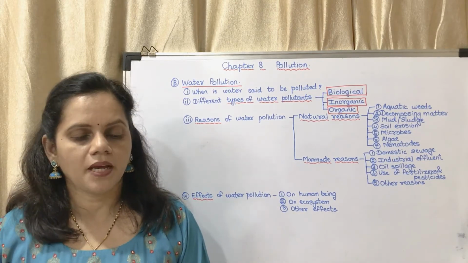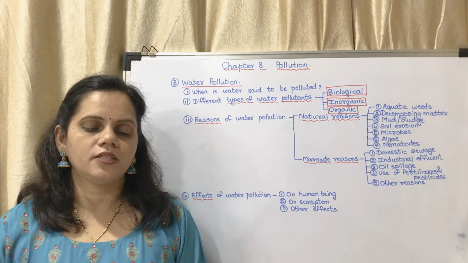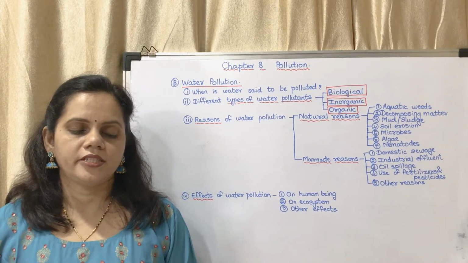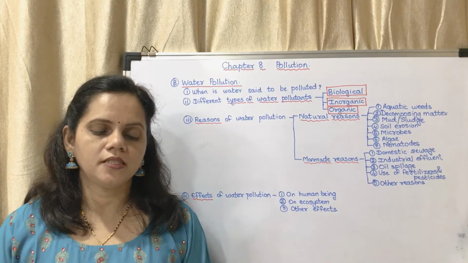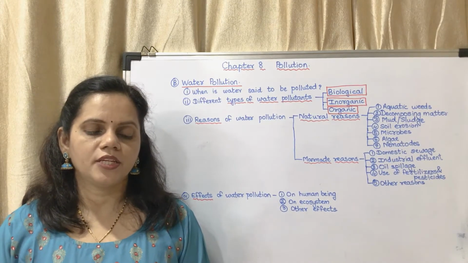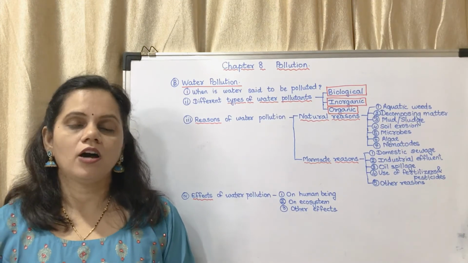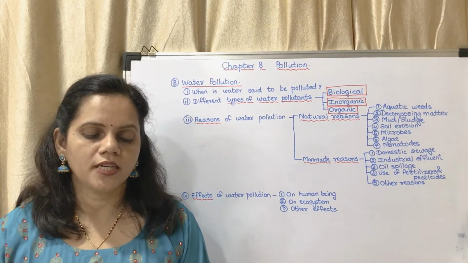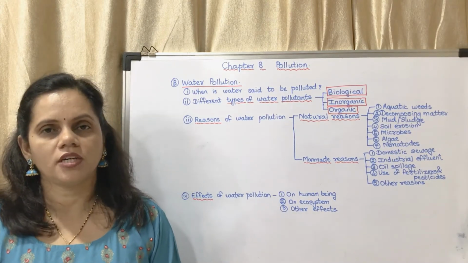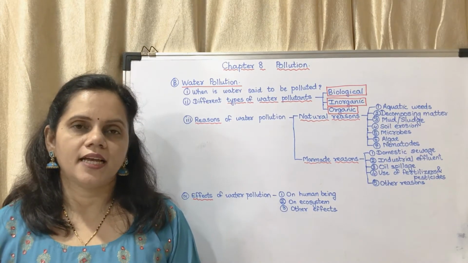Next is man-made reasons. Domestic sewage from villages and cities is disposed of in river water. Industrial effluent: various pigments, bleaching chemicals, leather pieces, fibers, mercury, lead, etc. are released into water from industries. Oil spillage: while transportation or cleaning of tankers, oil spills into the water. Which tanker? It is the ship. Use of fertilizers and pesticides.